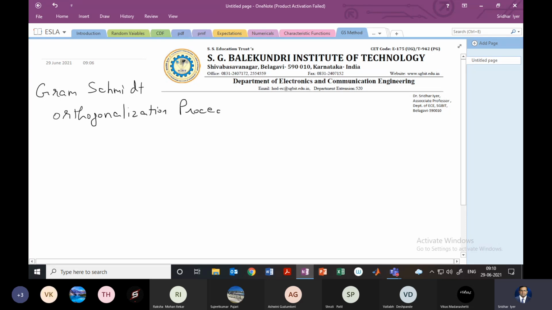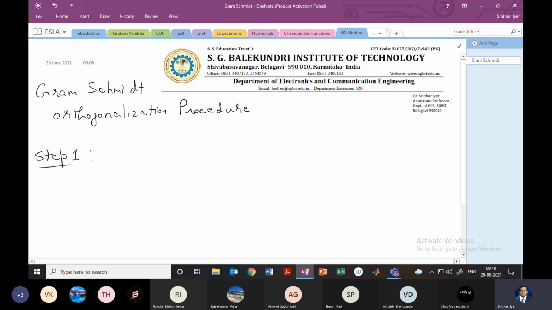procedure. In the last lecture, we have seen what is orthogonality and what is orthonormal. If you make the orthogonal signal or function unit, then it becomes orthonormal. And by orthogonal, we mean that the two entities are perpendicular to each other. I just mentioned the steps for the GS procedure last time, but this time let's see how we can solve a problem. Before that, I will give the steps again. If we follow these steps, then we'll get our answer.